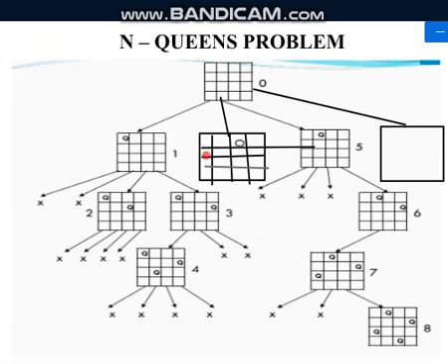Yes. Then again I will try for this. So what are the different possibilities? Yes, the only possibility is I can place the second queen in the last cell. Okay, the second queen. I am not specifying the row, I am just specifying the column. Yes, so the last cell. Yes, what about this? The queen is in the fourth cell, the first queen. So the second queen, see, mirror image of this, it can be placed in the first cell or it can be placed in the second cell.